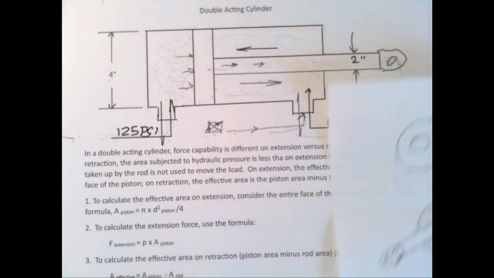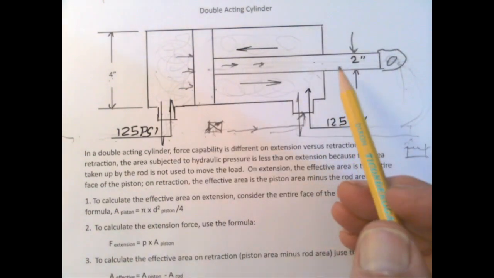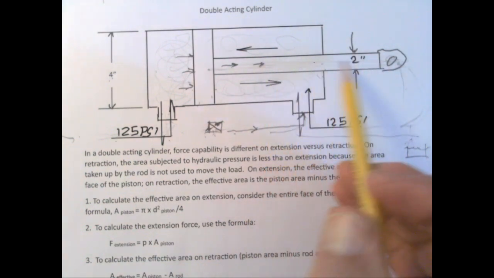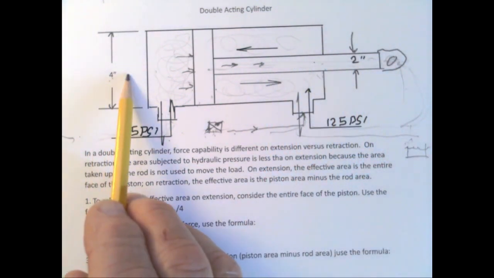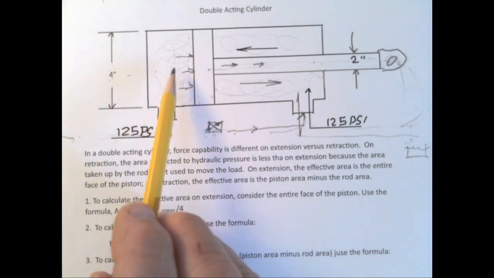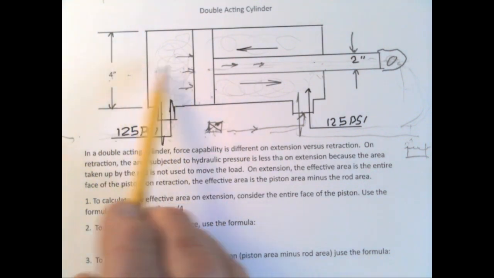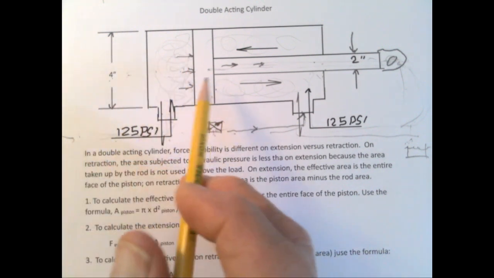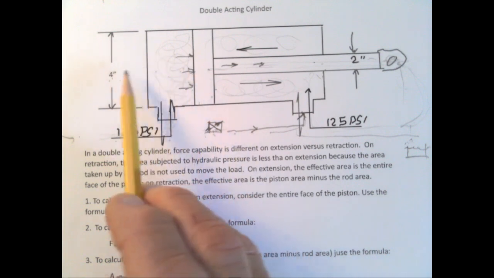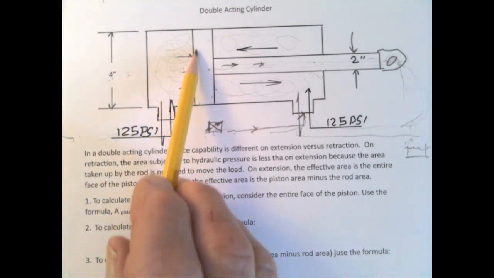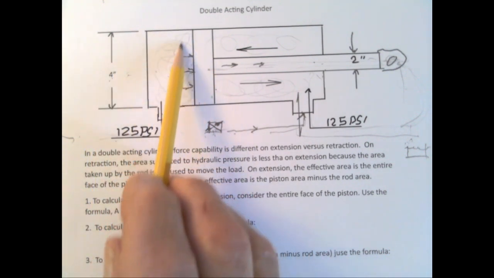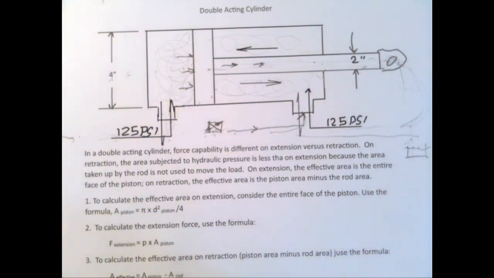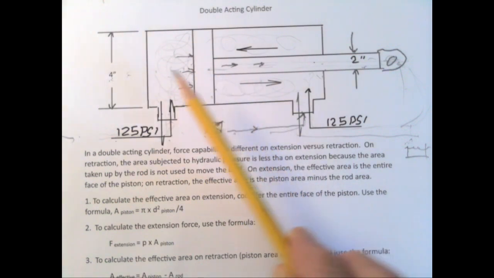You have an area calculation to do on what's known as the rod end, the end that the rod is moving, and some people call it the cap end or the blind end, and that's the end where there is no rod in this case. Now, there are exceptions, some that have rods there, but in this case, and what we're going to talk about, you'll be able to take advantage pressure-wise of all the area of this circle, this 4-inch circle. Over here, you're going to have to find the area of that surface,